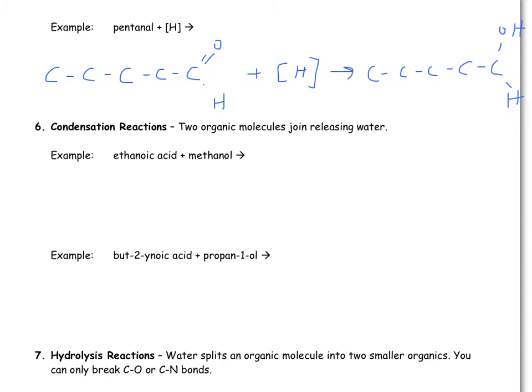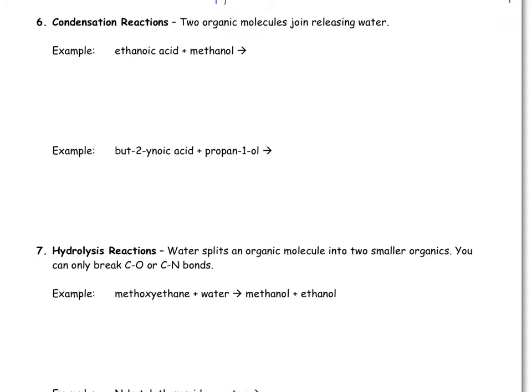The sixth type of organic reaction is known as a condensation. It occurs when two organic molecules join together to form a larger organic molecule and also release water. An example is making an ester. If I take ethanoic acid and methanol,